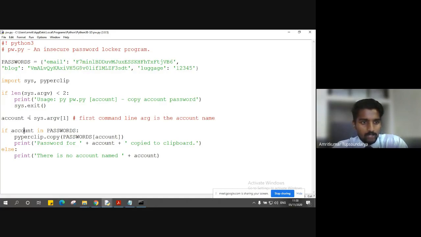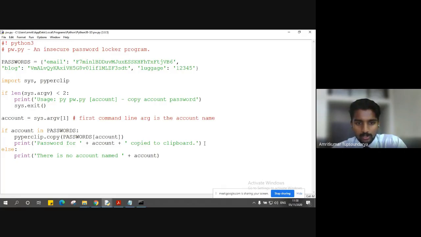Whatever input we get as the account will be stored in the variable account, and we check whether that account is present in the passwords dictionary. If it is there, it gets into the if clause, copies the password for that particular account, and prompts a message to the user that the password for that account is copied to the clipboard. Right now, nothing will be happening on the screen when you see the output.